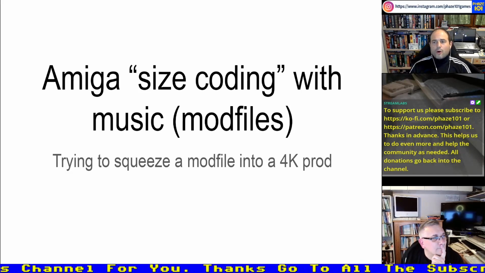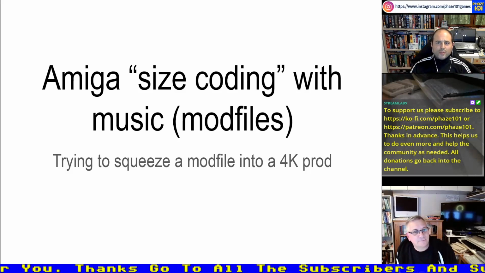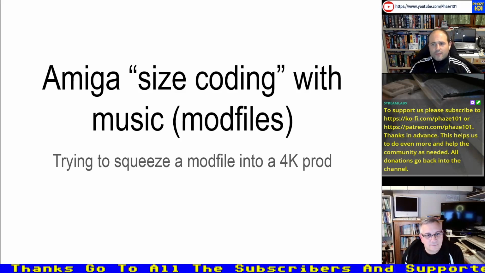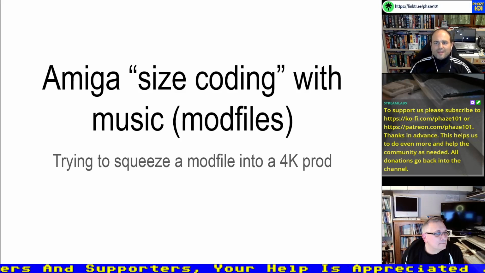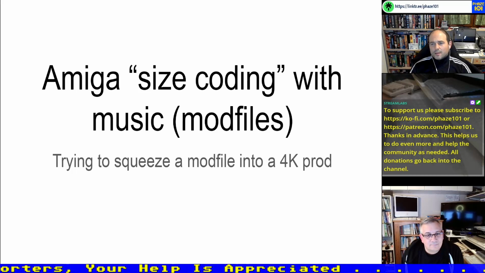The biggest site that I know for downloading mods is modarchive.org. Even in this site, even the smallest mods are usually 20K, 30K. So, since my whole program with the code must fit inside 4K, I can't